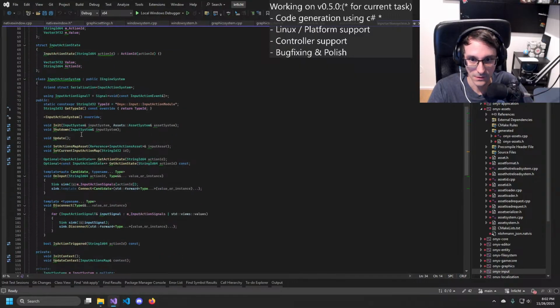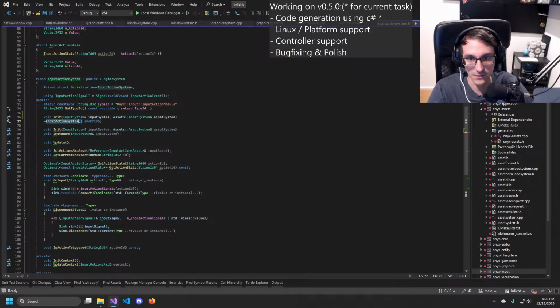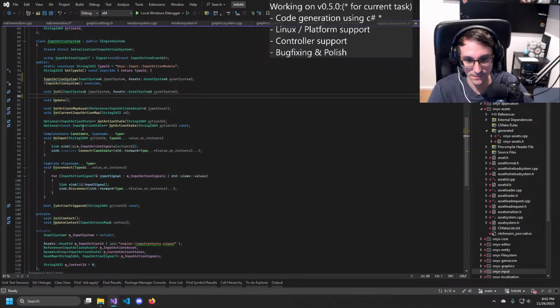Yeah, we have this as the constructor. Don't have a shutdown then.